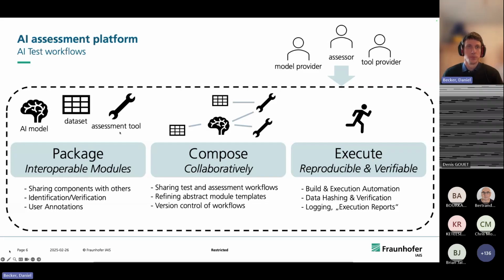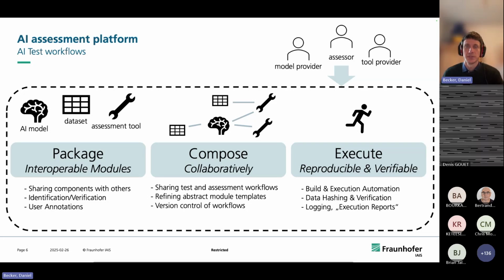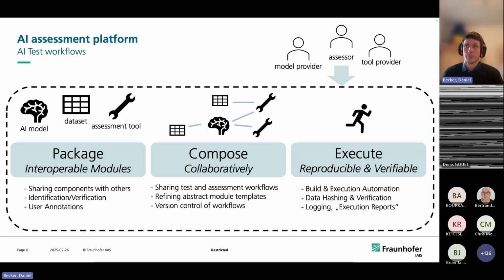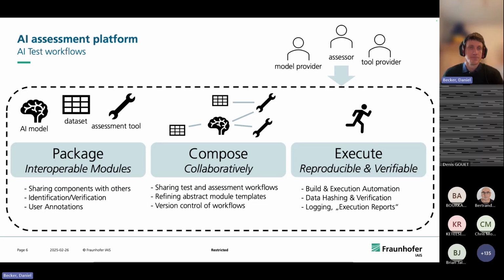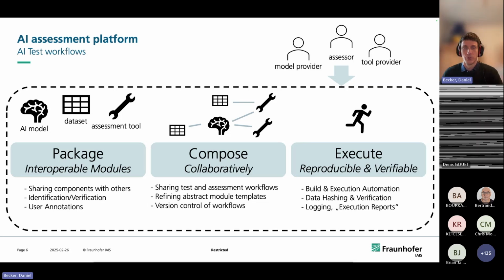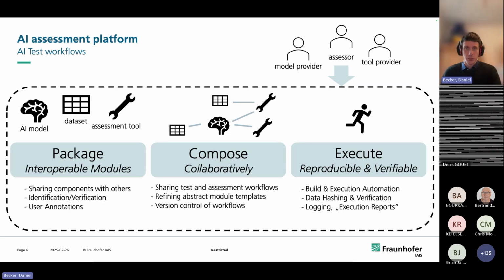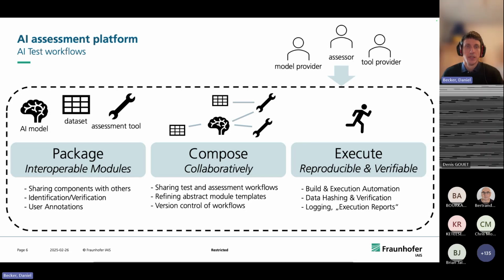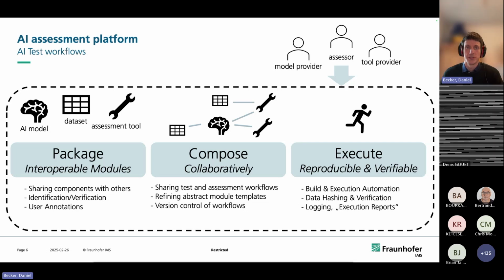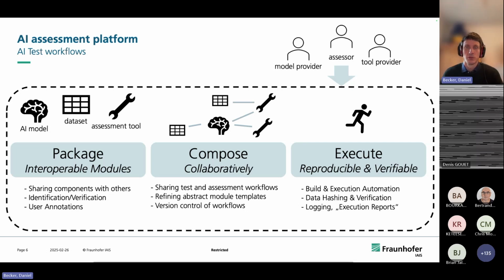And also, if you look at the requirement that different roles, different parties should be able to interact here, they should also be able to share these components with each other, but they should also be uniquely identifiable, so that we actually know exactly which kind of component we have. Maybe if they changed over time, we also know the version history of all these components, and people can provide some user annotation if they think there's something important that we need to know in order to use this model.